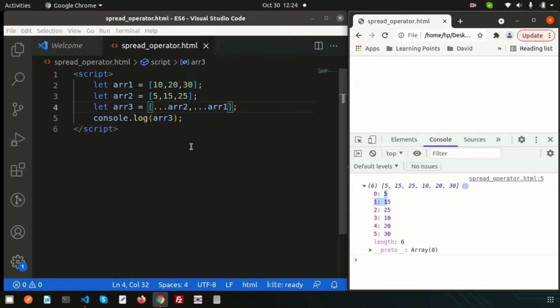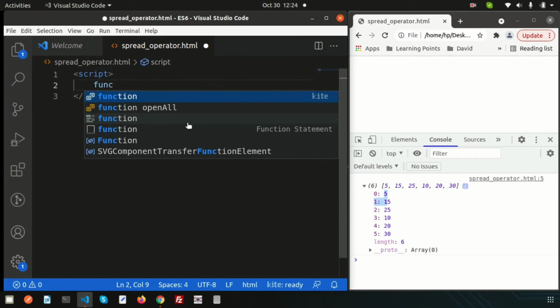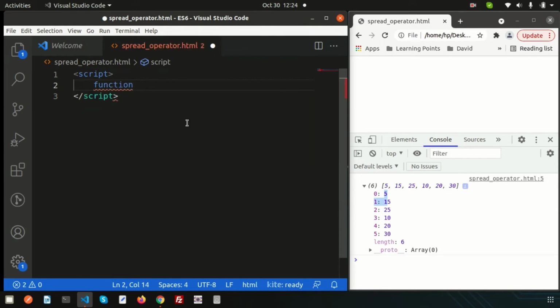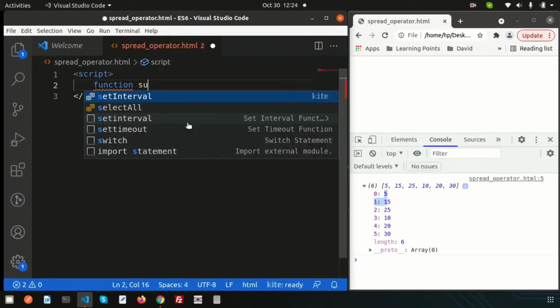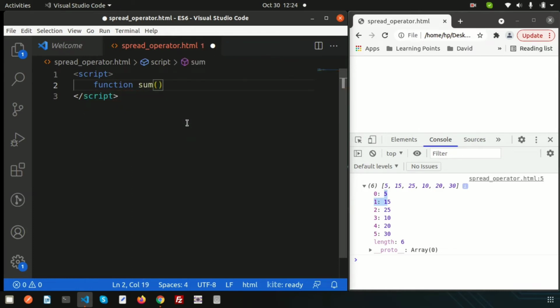So let's take a real-life example, or let's take a program so that we can understand it better. First of all, let's create a function, and inside the function I will pass the array using the spread operator. Let's call the function sum. This is for a real JavaScript program.